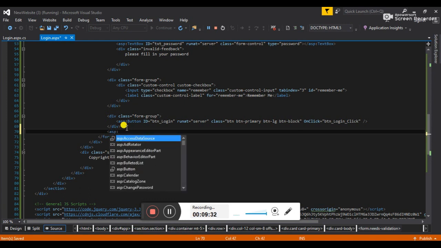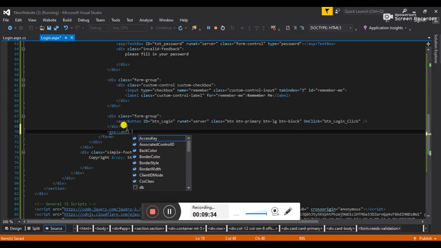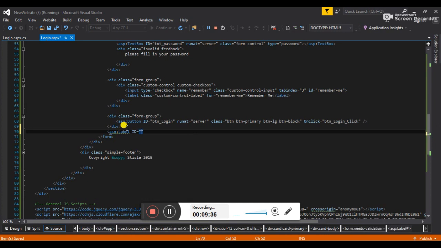ASP label ID equals to lbl_e. Alright, see, here the label is also created.